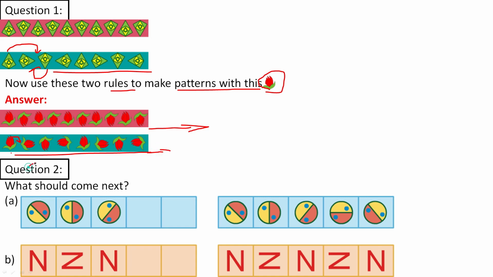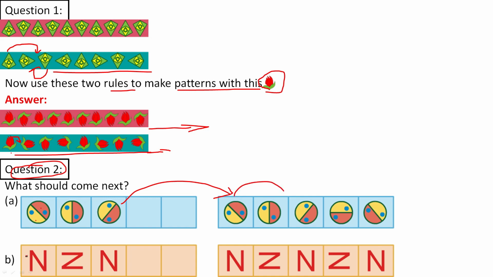Now question number 2, what should come next in this pattern? Now you see the circle, and one side it is yellow color and another side, half of the side it is in red color. Now how the circle is rotating, you can see it is rotate like this, and you can see the quarter turn, it is 1/4 turn, we can say. Again it is 1/4 turn, it is rotating like this. Then what will come next in this? You can find it will come like this. Then the same pattern we can do.